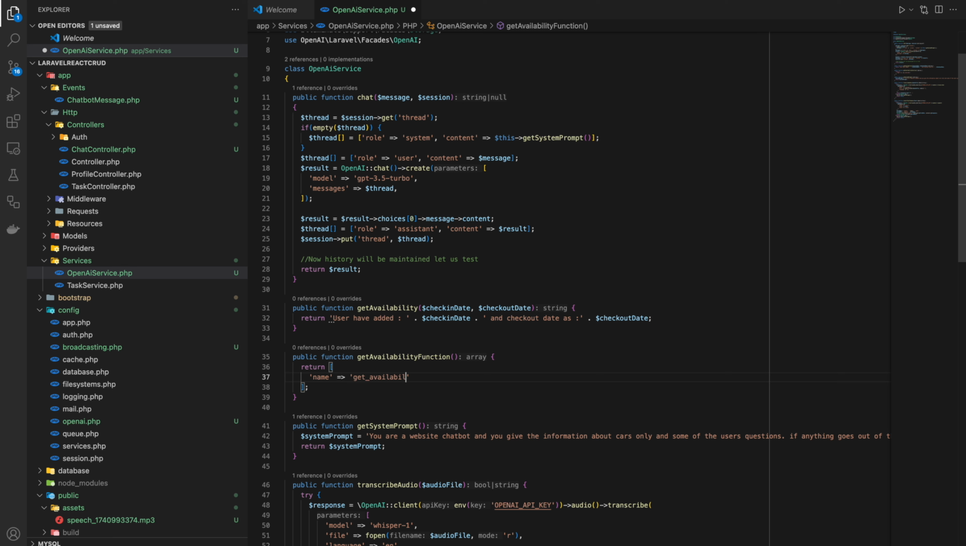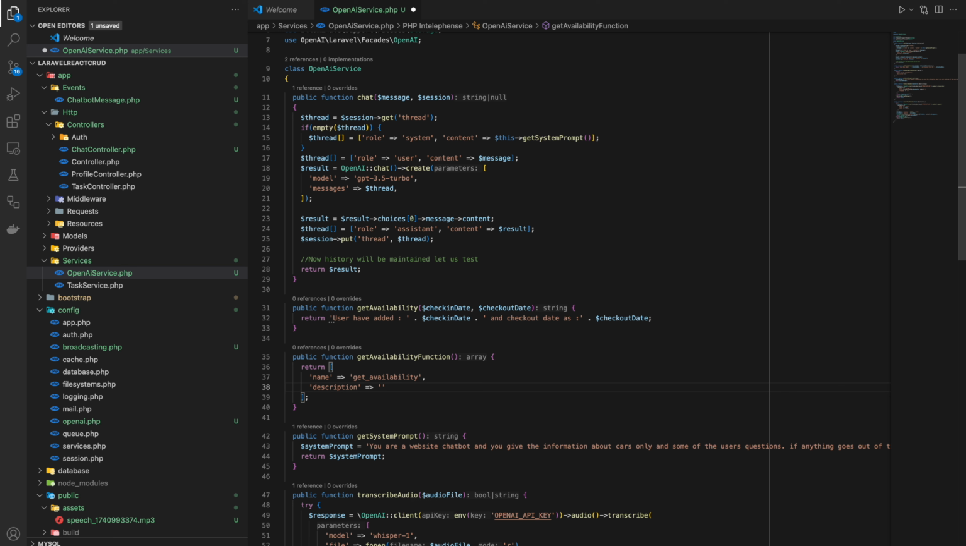For that, you need to pass a few values. It would be an array in which you have to pass name, description, and properties. In properties, you have to mention what kind of properties you want from the response. Whenever the user requests anything, ChatGPT will analyze what he has sent, and on the basis of that, he'll send you the required information which you have mentioned in this function. So I'm just writing a basic description that I'll provide check-in date and